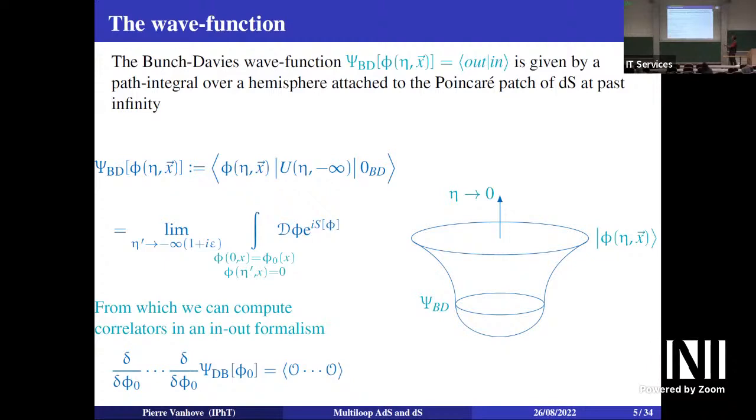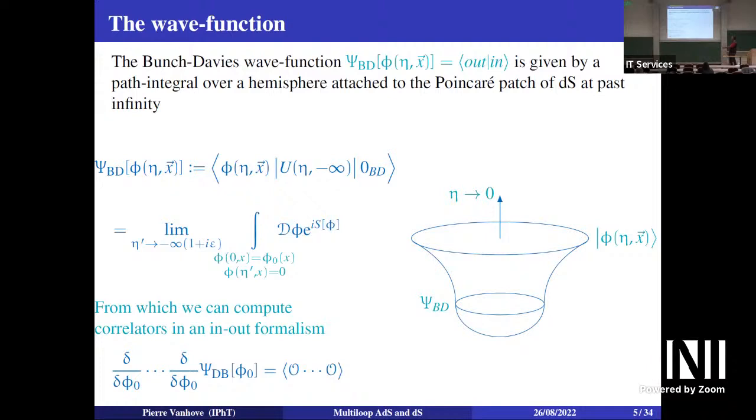This is the wave function that is defined from the path integral in such a way that you set your boundary conditions at t equals 0, and then you let it evolve in time. So this is your Bunch-Davies wave function, and time evolves this way. From this wave function, you can, by the variational principle, varying with respect to this initial condition, extract